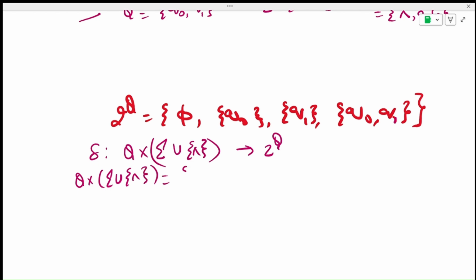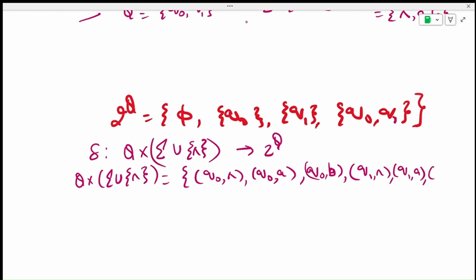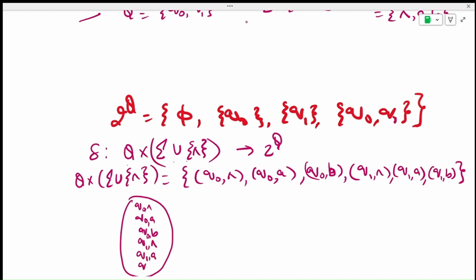We will have the elements Q0 with null, Q0 on A, Q0 with B. Similarly, Q1 with null, Q1 with A, Q1 with B. These are the elements of Q cross sigma union null and the function is from Q cross sigma union null to power set of Q. So we will have the elements here Q0 null, Q0 A, Q0 B, Q1 null, Q1 A, Q1 B